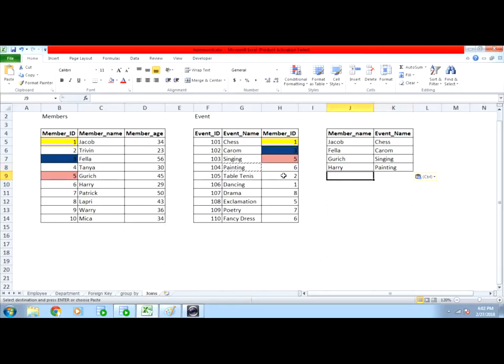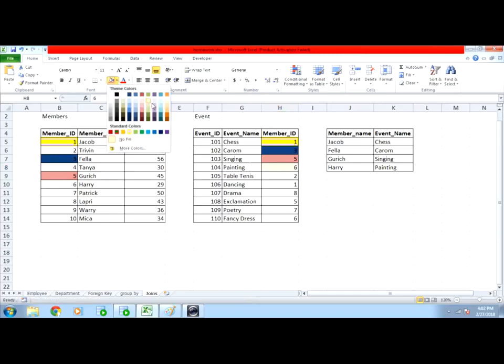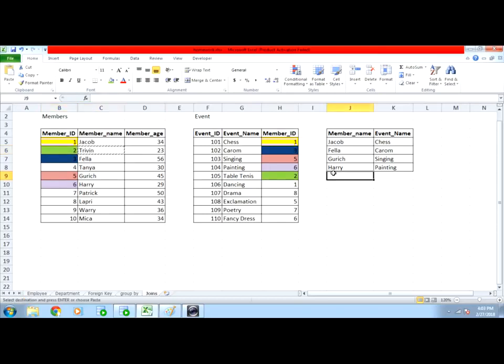Next, similarly, we can see member ID 2, in both the tables. 2 means Trevin. Trevin will go for table tennis.